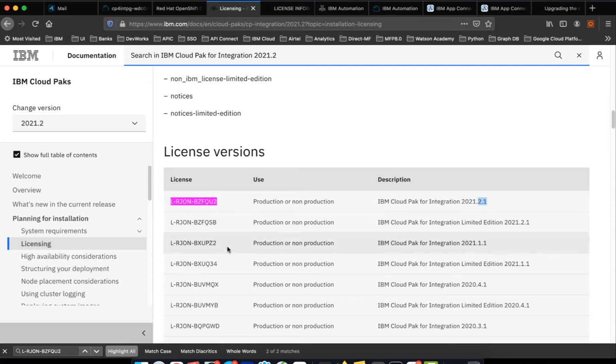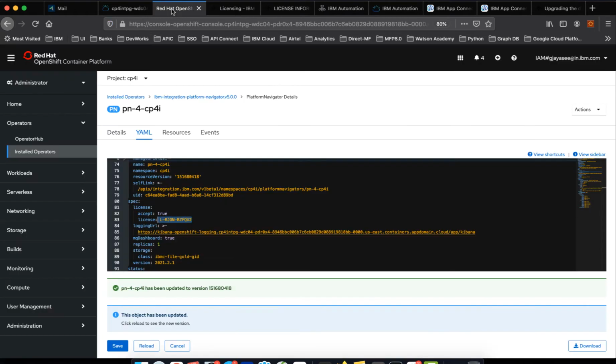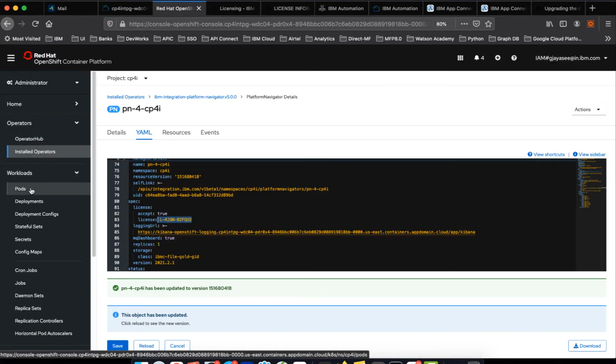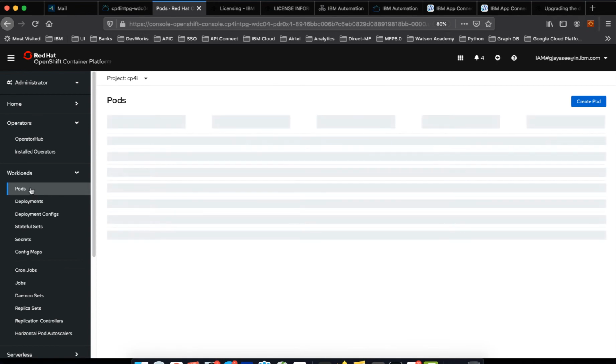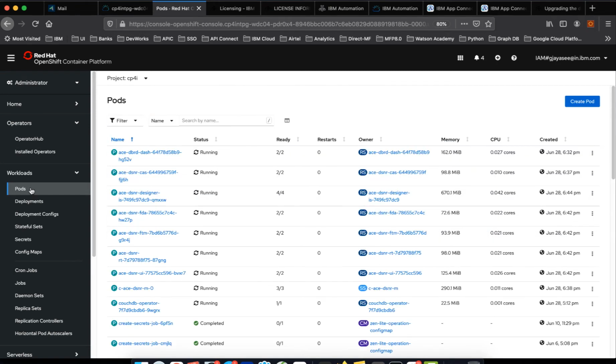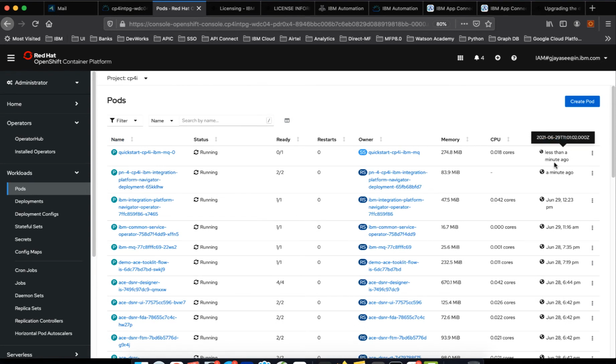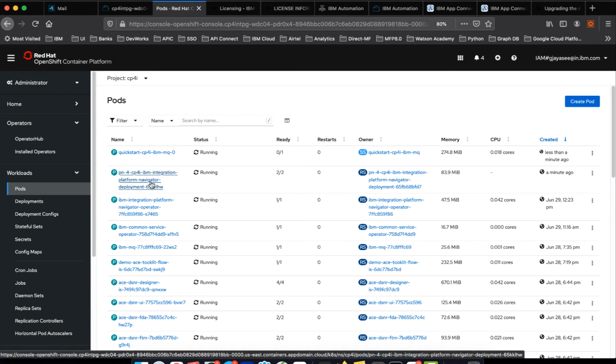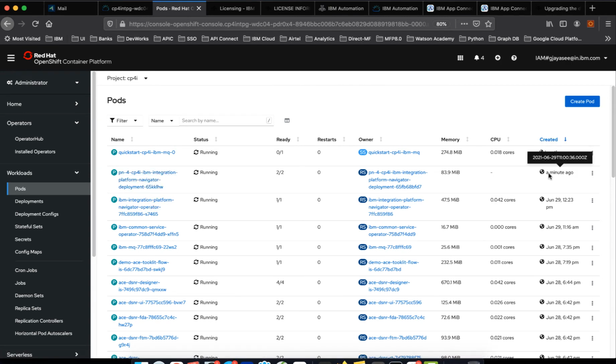Okay, let's go back and check whether the workload is getting changed or not. See, platform navigator operator, I mean this is upgraded a minute ago, right?